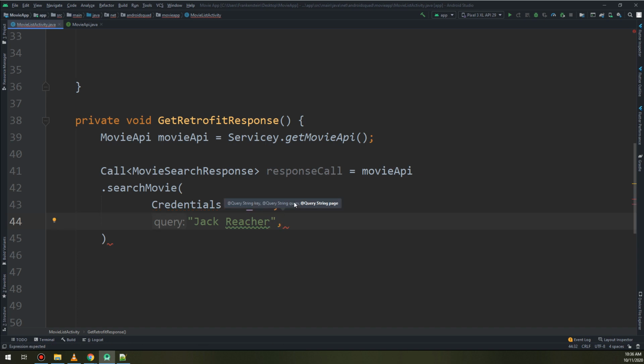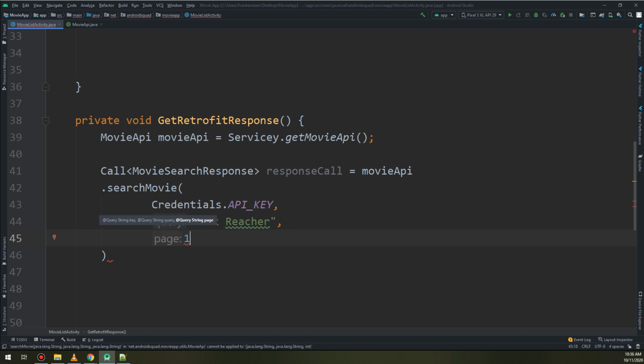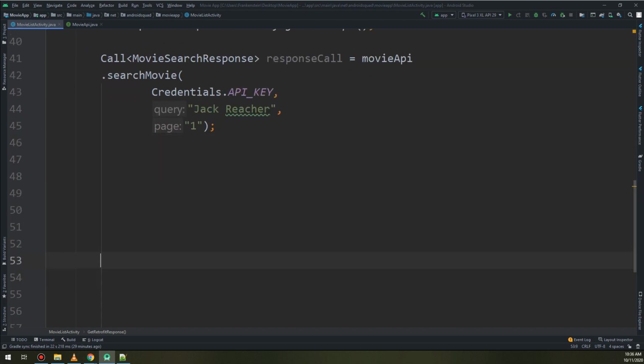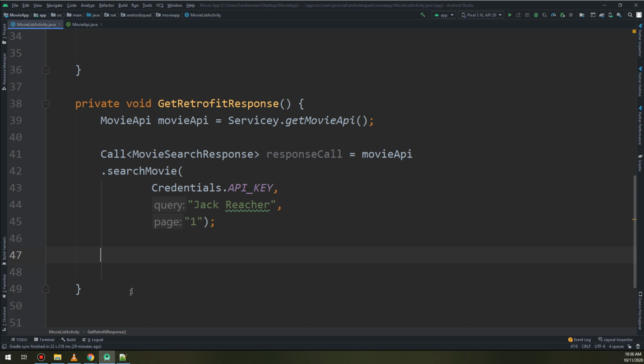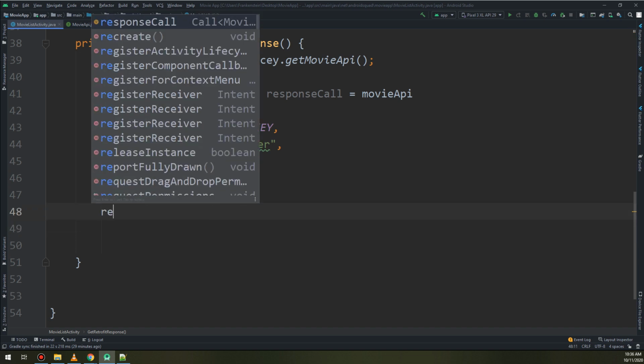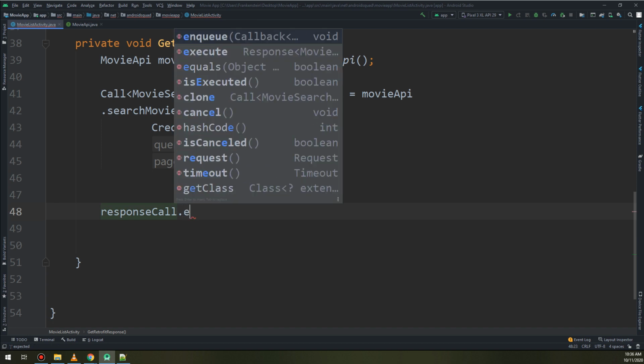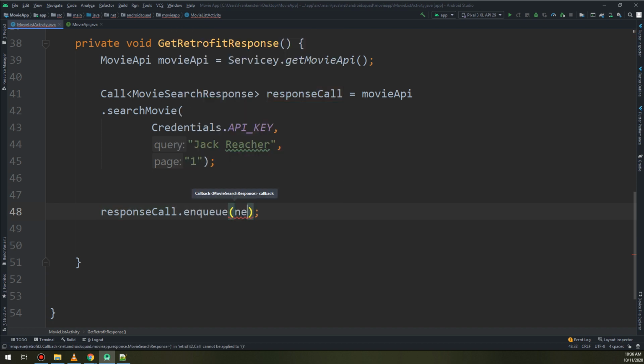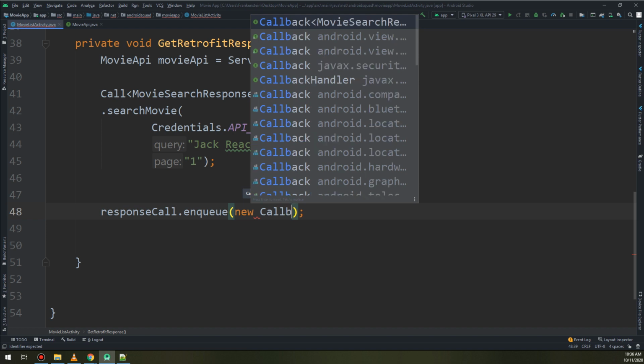Search for Jack Reacher, and I will specify the page as 1. Android Studio will give you the page and the query here. I have string 1, I need to put it here, sorry. Now I remove this and this. In order to enqueue this response, we need to make response call dot enqueue callback and new callback